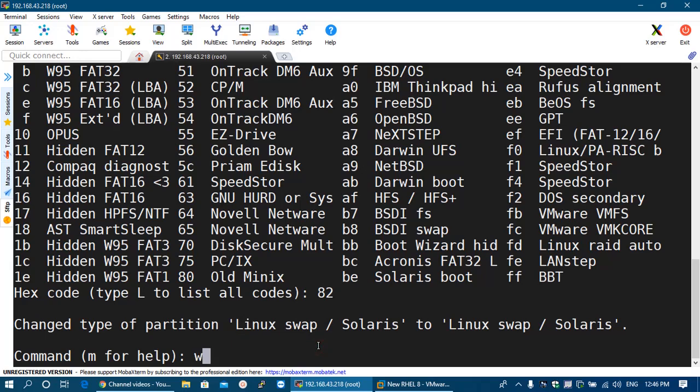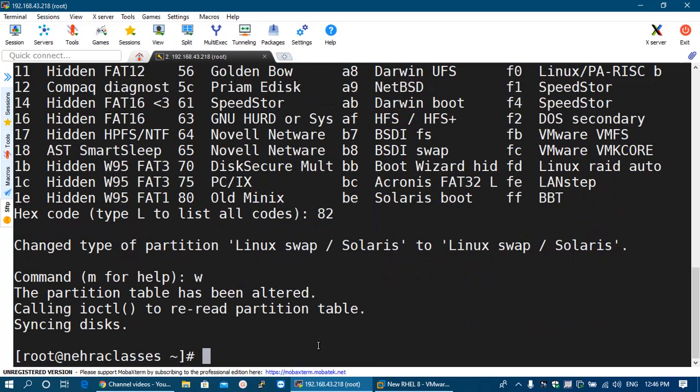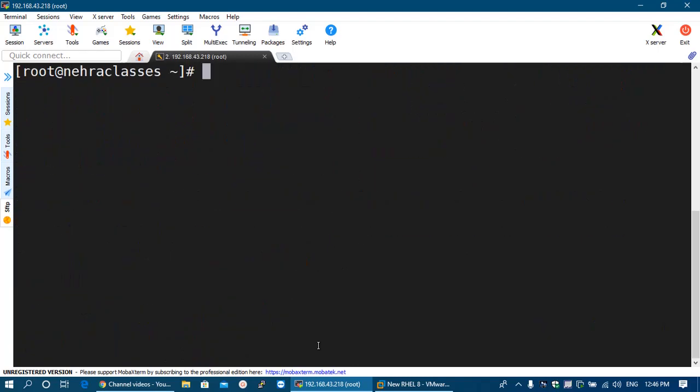Now we will write the changes with the help of W, and now we will run the partprobe command. After that, what needs to be done, we have to create the physical volume with the help of pvcreate.